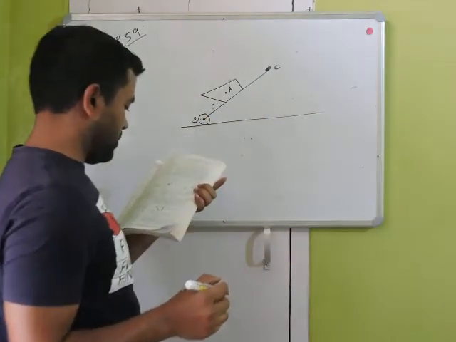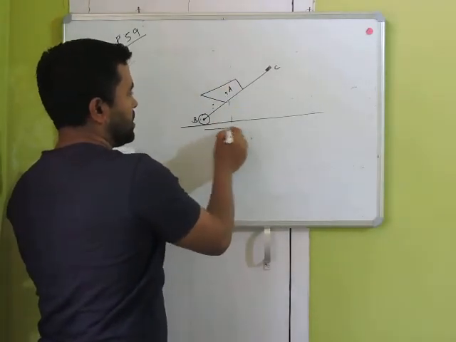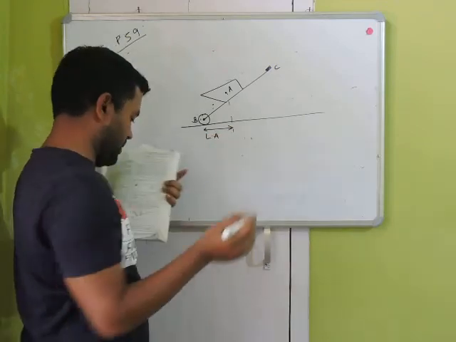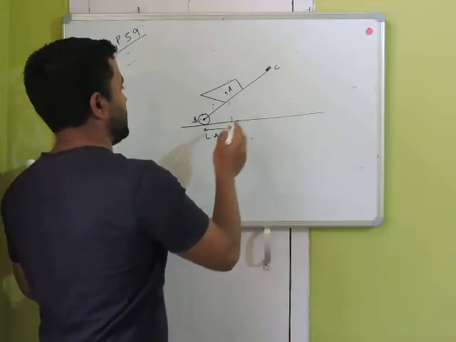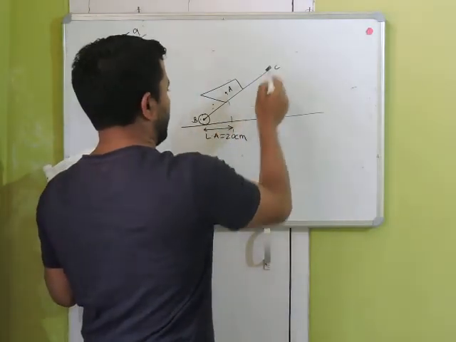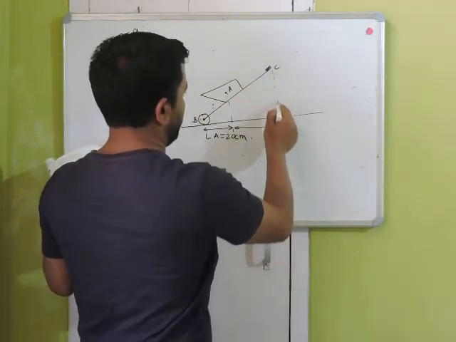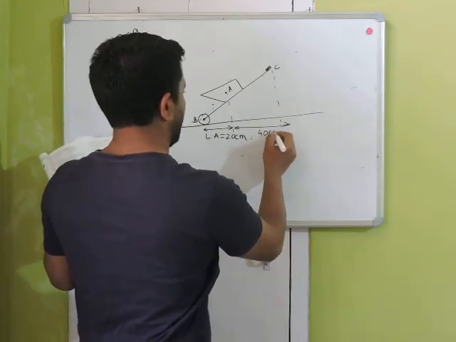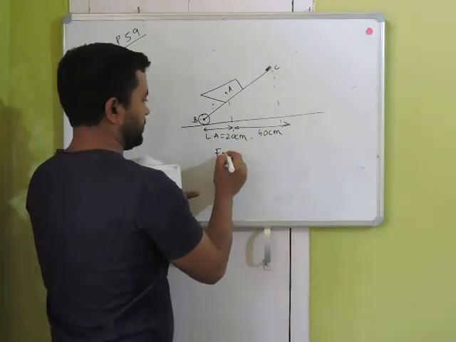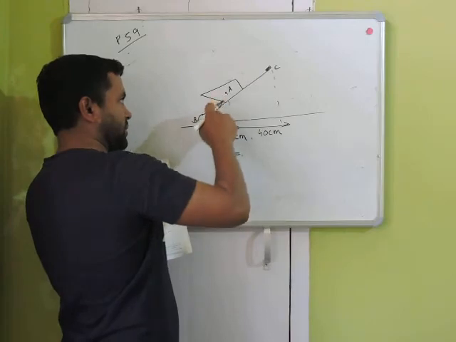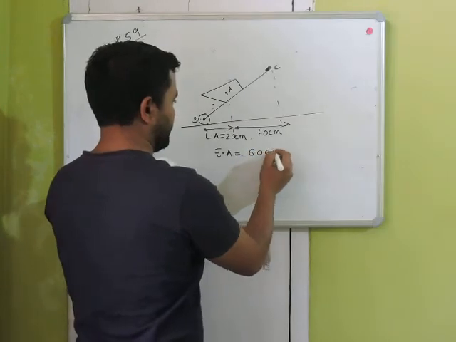Okay, now you can see this will be the fulcrum, right? Load will be here. So this is the load arm, which is given as 20 centimeters, and from the fulcrum you will apply effort here. This distance is given as 40. So the effort arm will be the whole thing. You have to measure it from the fulcrum, whether load arm or effort arm. So this is the load arm, and the effort arm will be 60 centimeter.